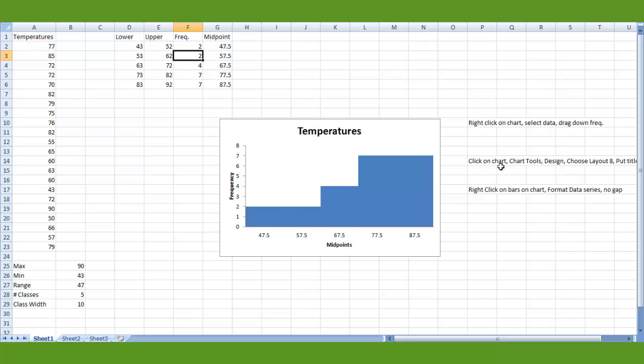And then I right-click on the chart right in here, or I just clicked on the chart. This one I right-click, this one I just click. And I go to Design up at the top. When you click on the chart, you can see Design up here, and I went to Layout. I had to move this down and go to Layout 8. And when I did that, the bars